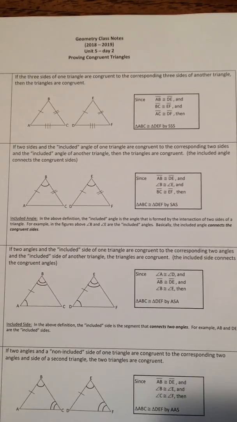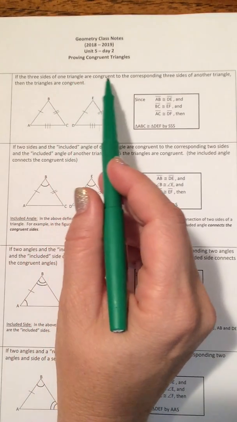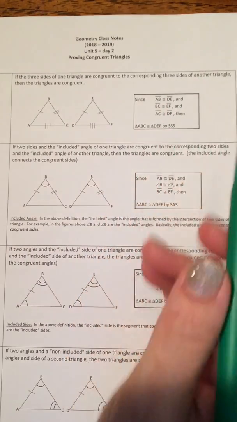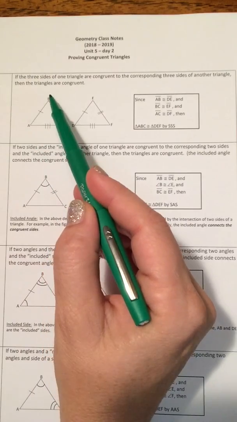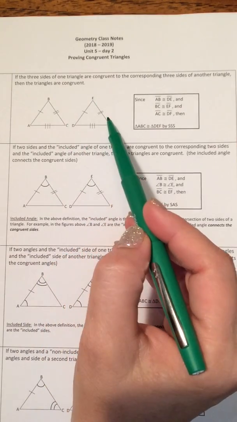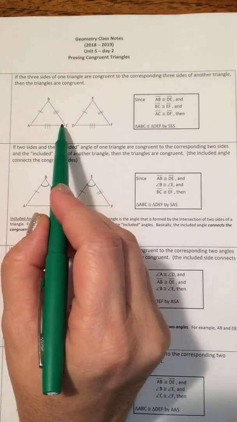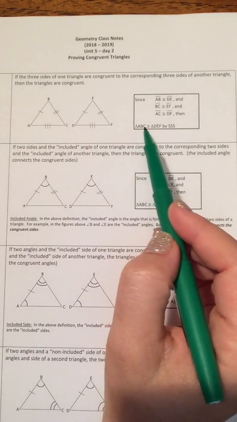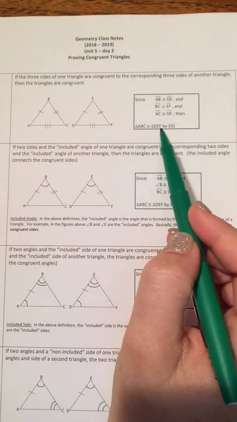So the first one, side, side, side, clearly you're looking at 3 sides of triangles. When it says side, side, side, what they're saying is all 3 sides match. So you have 3 sets of congruent sides. It says if 3 sides of one triangle are congruent to the corresponding 3 sides of another triangle, then the triangles are congruent. So if you look, you have side AB is congruent to DE, BC is congruent to EF, and AC is congruent to DF. And if you have those 3 statements, then you would say triangle ABC is congruent to triangle DEF by SSS,